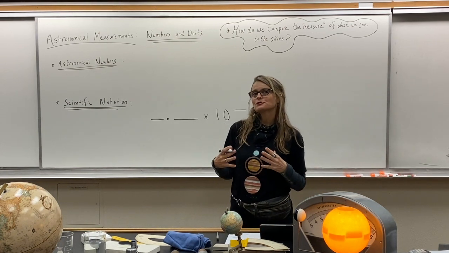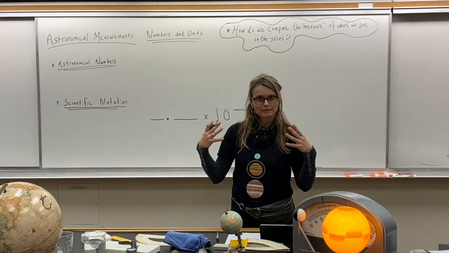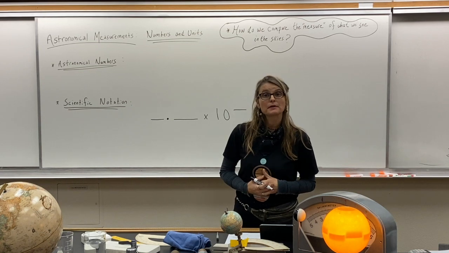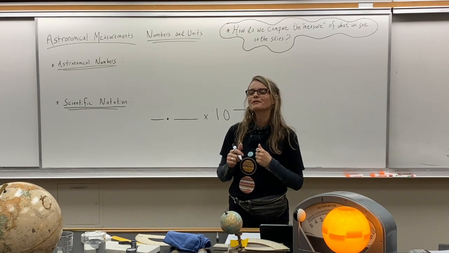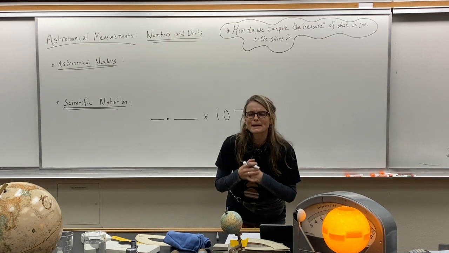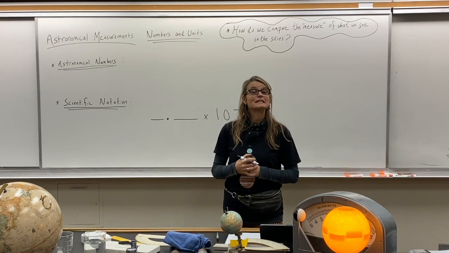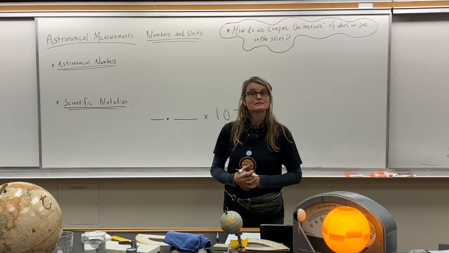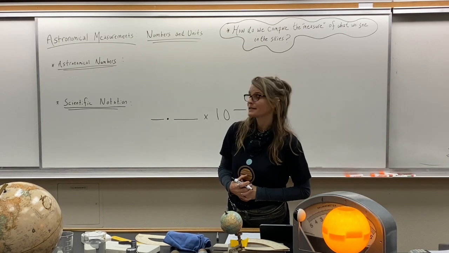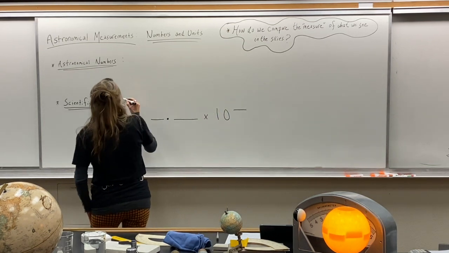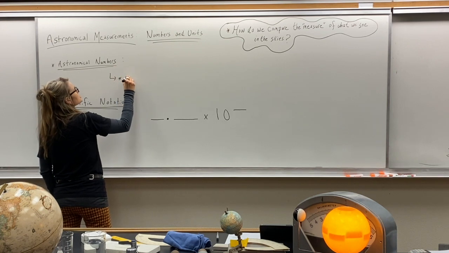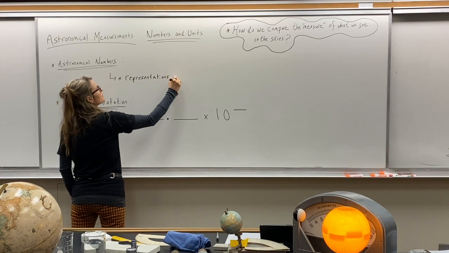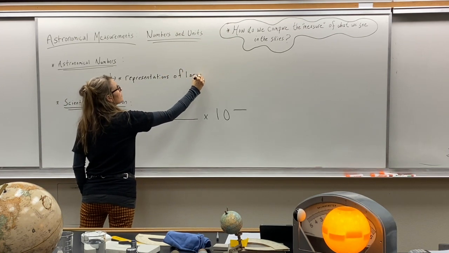So in order to get comfortable with astronomy and some of the data and the reading and the subject matter that you run across, you need to be comfortable with very, very large numbers. And there's a lot of big numbers in astronomy because the cosmos is very, very big. So let's wrap our minds around some astronomical numbers to begin with. So astronomical numbers, what we want is representations of large